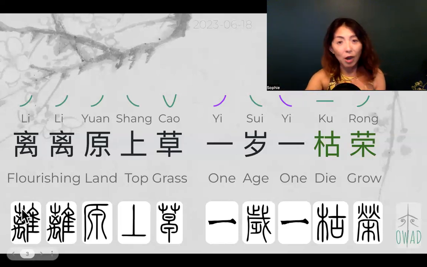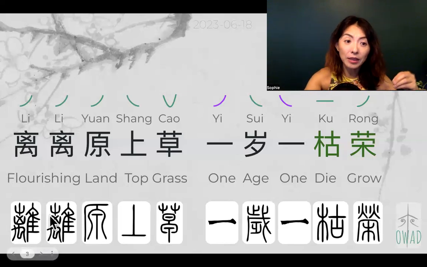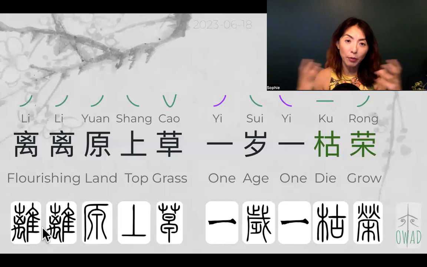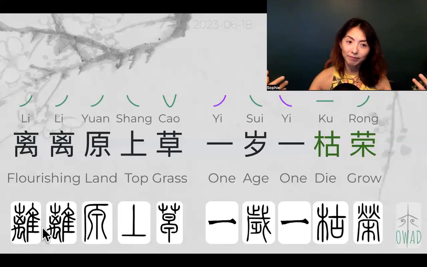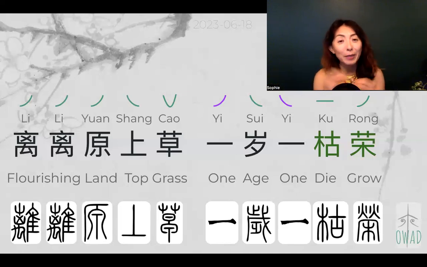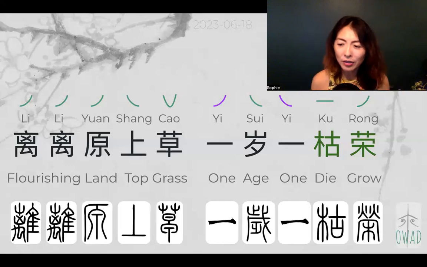There's a horn-looking thing growing on top. But in any case, the left side is the beast, the right side is the bird. And I would imagine, okay, now in contemporary Chinese, Li means separation, means departure. Here's a little bit jumpy of logic: a wild bird and a beast kind of means departure.